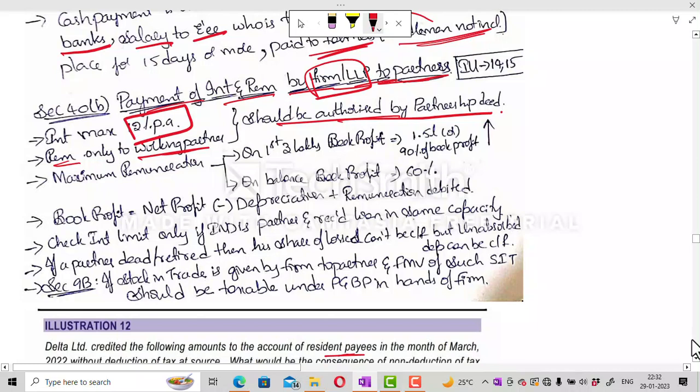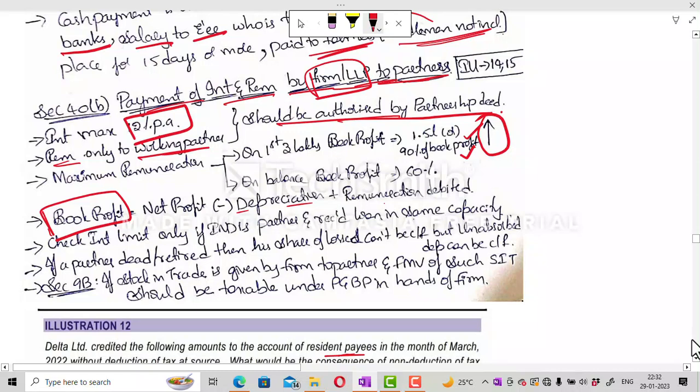But there is a maximum remuneration which is allowed: for the first 3 lakhs of book profit, 1.5 lakhs or 90% of book profit, whichever is higher. On the balance book profit, 60% of that book profit is allowed. Book profit means profit minus depreciation plus remuneration debited. We have paid some remuneration, so it should be added back, and we have to take the deduction of the depreciation,